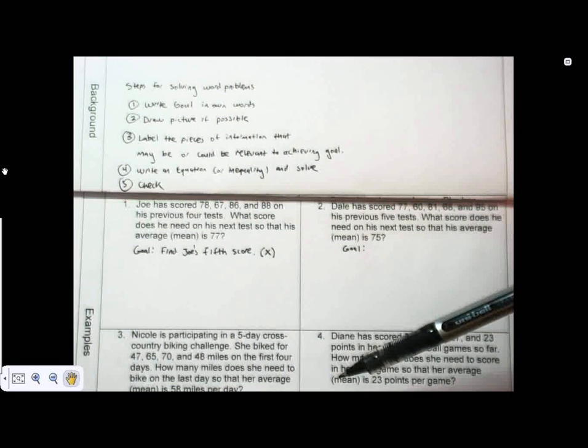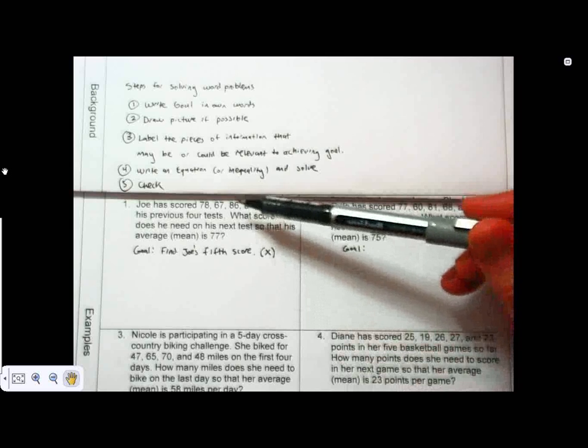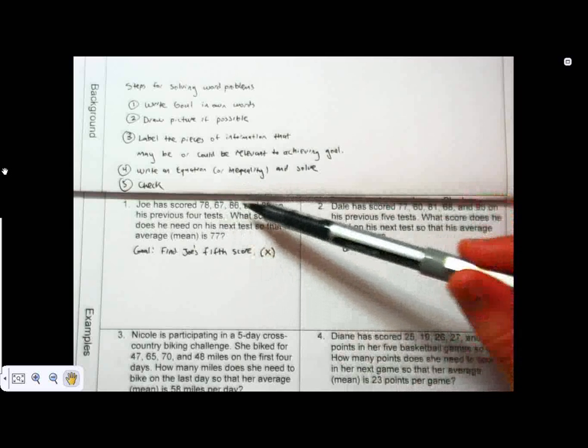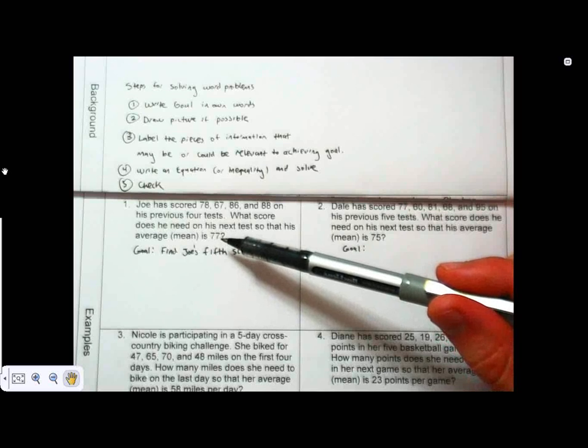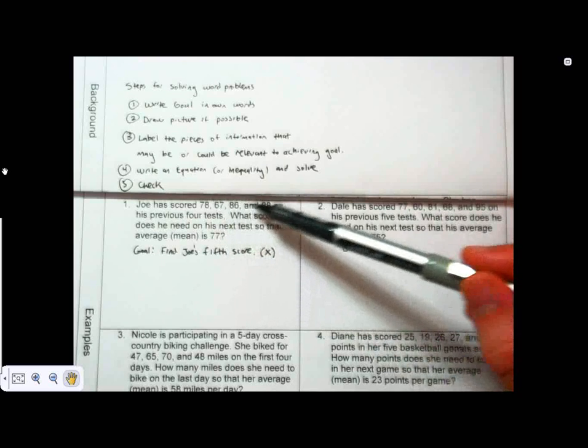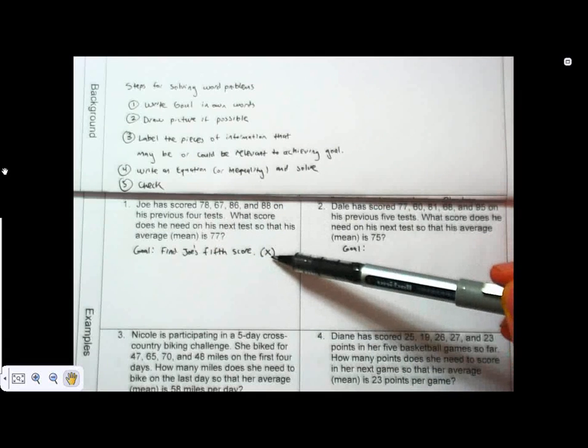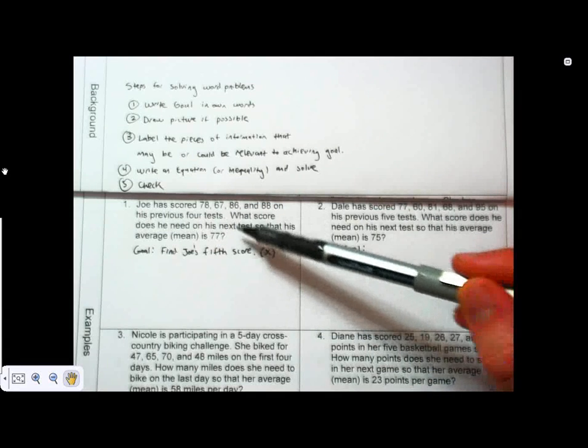So let's skip down to step 3, where we're kind of labeling relevant pieces of information. Well, they give us these 4 other scores, and then they also tell us that we ultimately want the average to be 77. So how do you find average? Well, average means that we'd be adding up all of his scores, including the one we don't know, and then dividing by the number of scores. So if we do that,